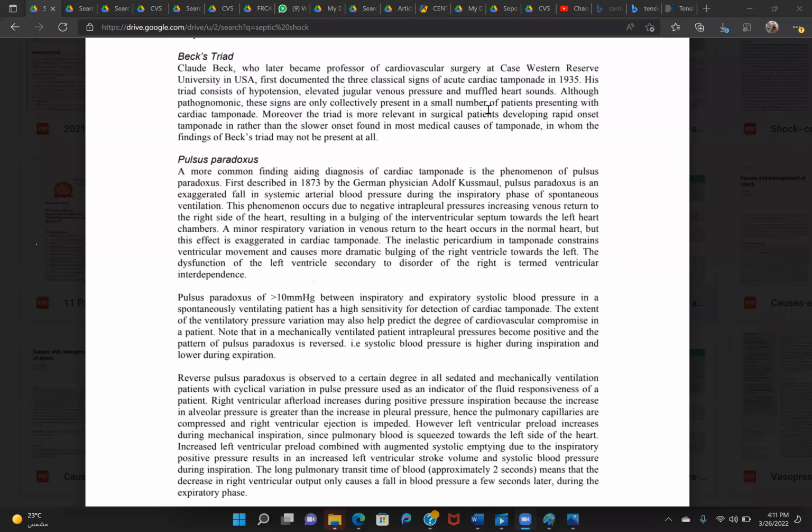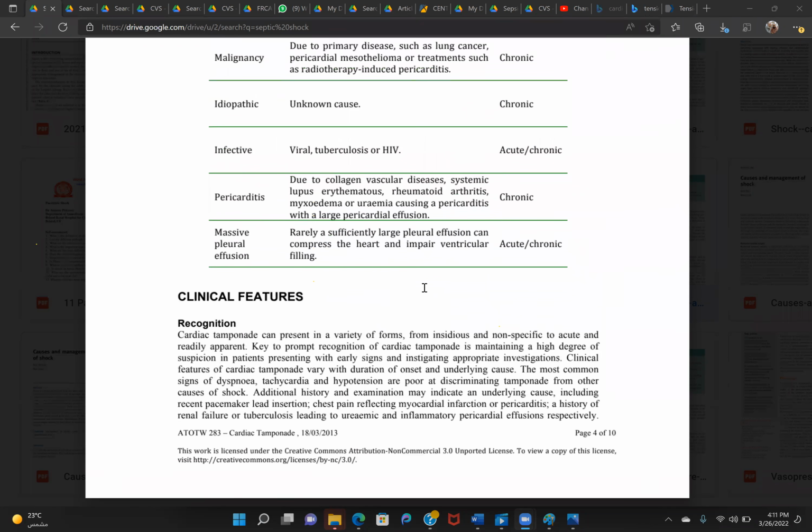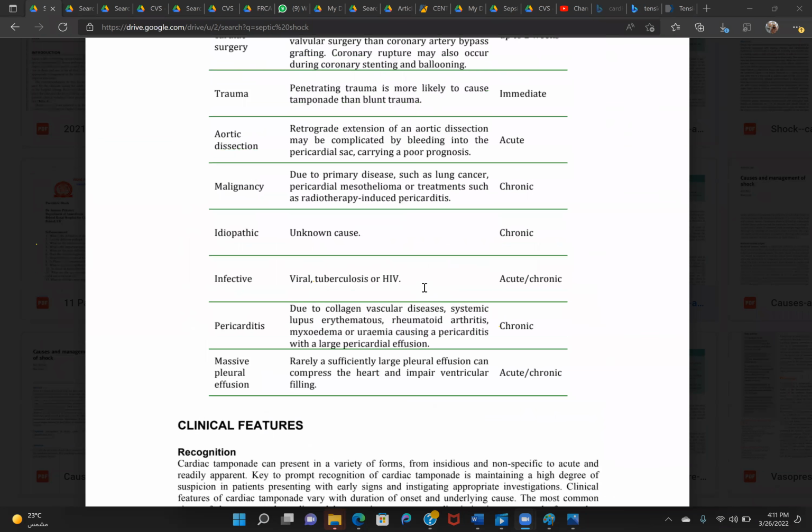Okay, Nashida. Yes, sir. Okay. So now what will be any other clinical features, like there will be sudden cardiovascular